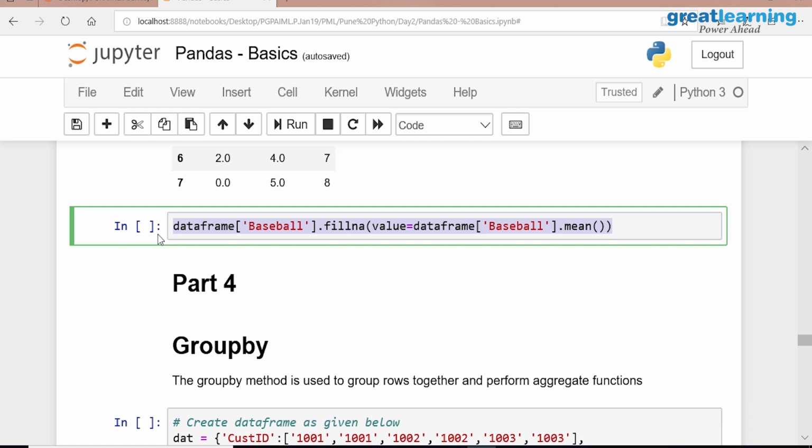So here also that's what I am doing. Some score is missing for baseball. Should I put 0 for everything? No, what I am doing is, what is the average score of baseball, and I am putting that value in that particular place. That is a much more intelligent way. This is called missing value treatment. How do you treat a missing value? There are different techniques. This is one of the techniques: find a relevant group close to that particular missing value and put a mean or median or a mode of it.